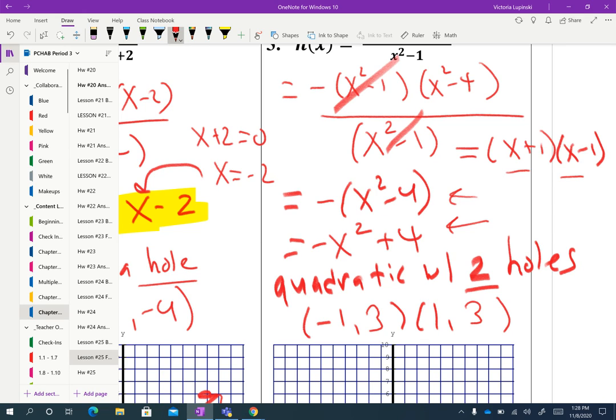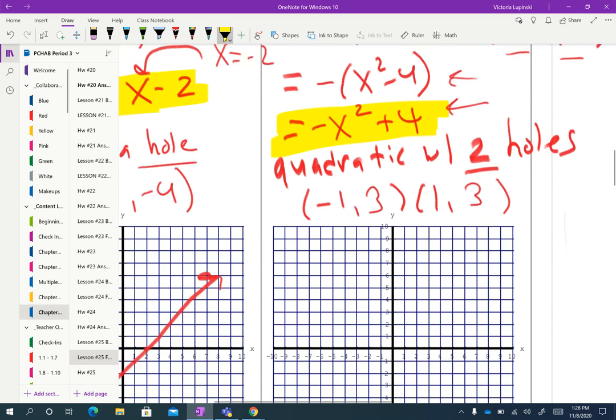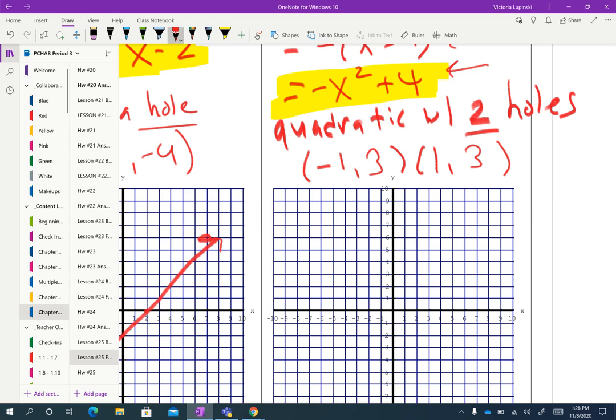and it turns out it happens to both of them. So again, when we go to graph this, all we're going to do is graph the quadratic, but we're going to have 2 holes in it. So my holes are at 1, 3 and -1, 3. A quadratic, negative x squared plus 4, that has a y-intercept of 4. That's going to have x-intercepts of positive and -2. If I go ahead and connect them,